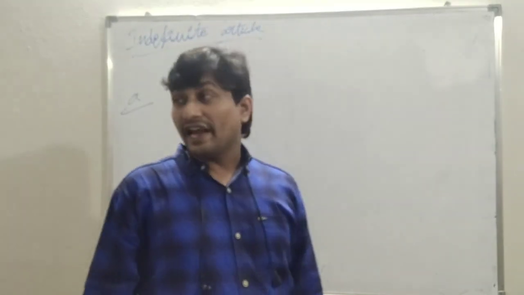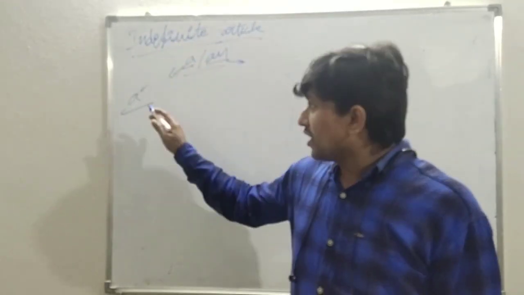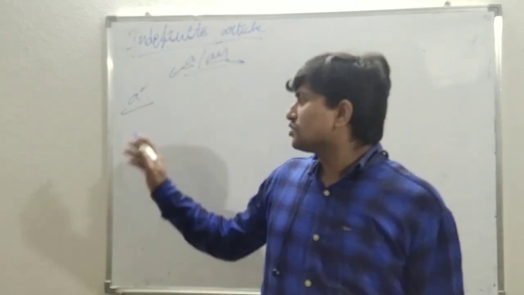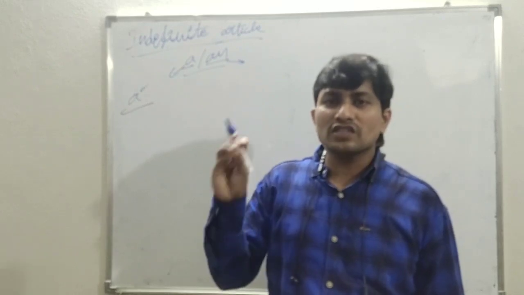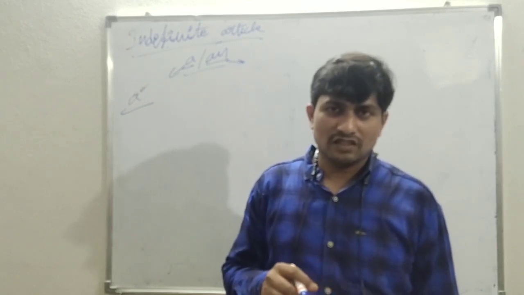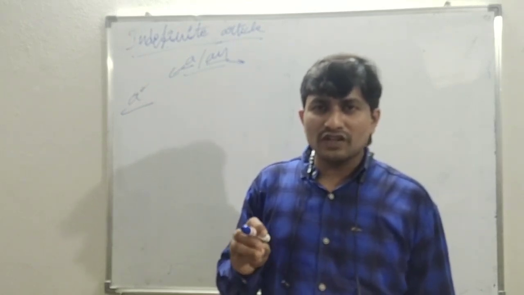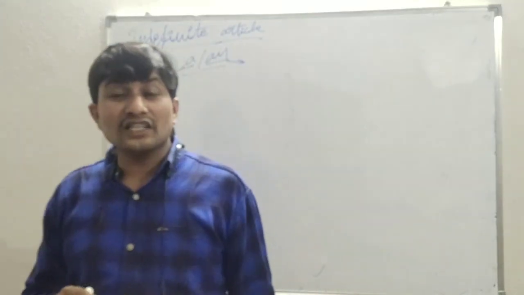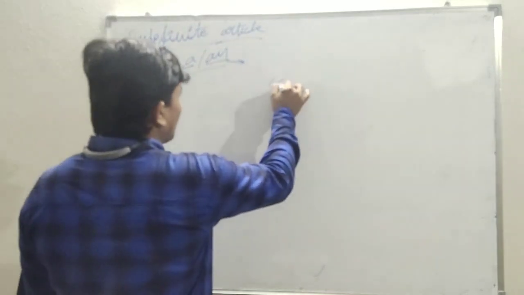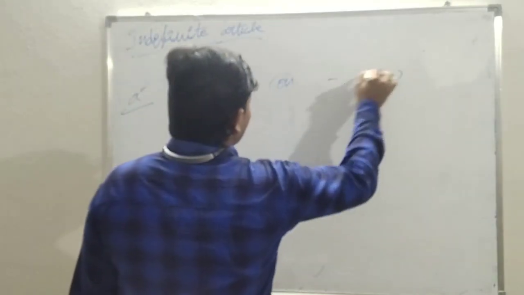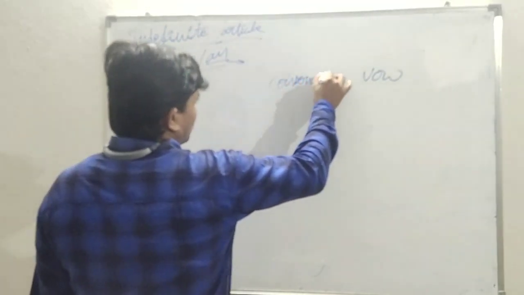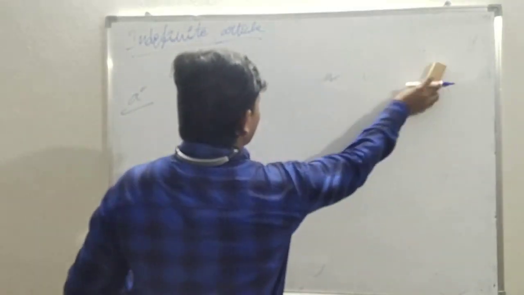Let us see. Till now we all have learned that a is used in front of consonants. An is used in front of vowels. We have learned in this way. So what are the consonants? What are the vowels?